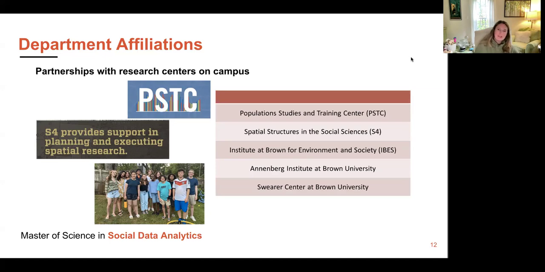We also have multiple opportunities for our students to get together at various times. We have students come in the fall and in the spring to the farm and engage and have dinner and a traditional Rhode Island clam boil. We also have mid-semester lunches just really to get together and make connections, but we also have workshops and professional development workshops that are particular to our master's students and to the other students at the Population Studies and Training Center, which you are